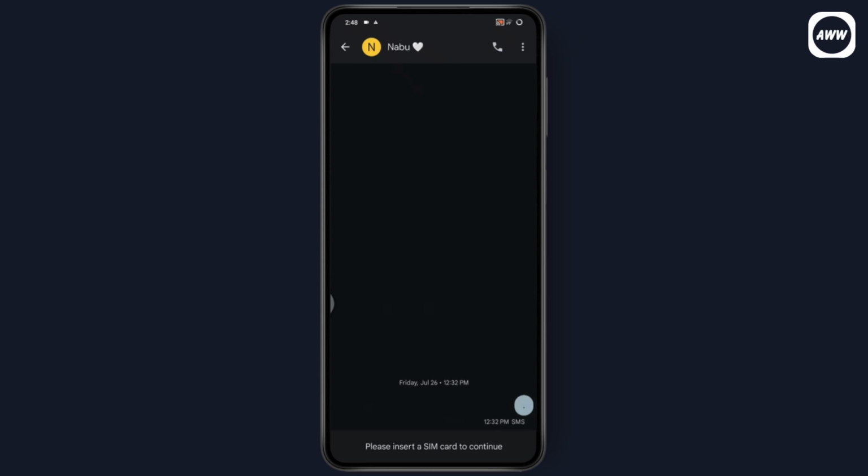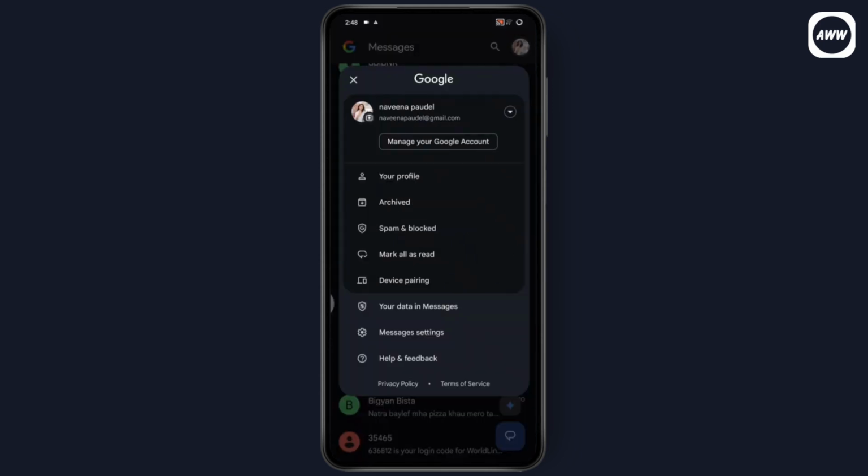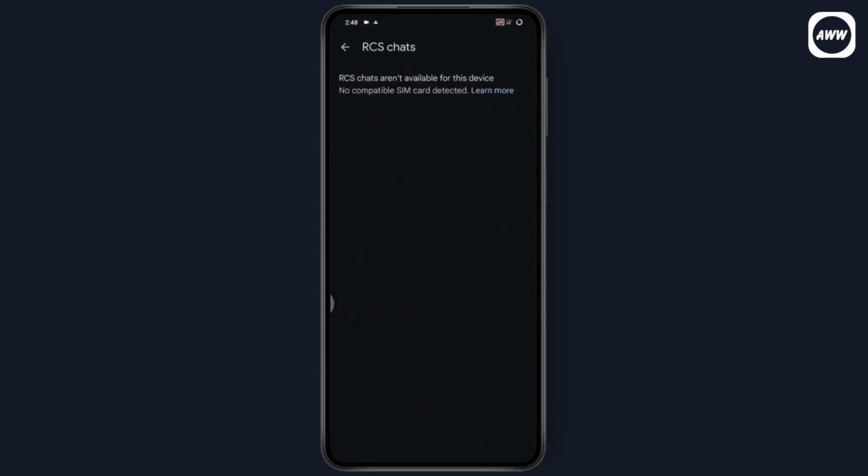But if you're not able to send the Wi-Fi or data messages, then you just need to simply go back and go to the upper right, which has your profile. From the profile, you need to go to message settings. Under message settings, go with the first one, which is RCS chat, and make sure that RCS chats are turned